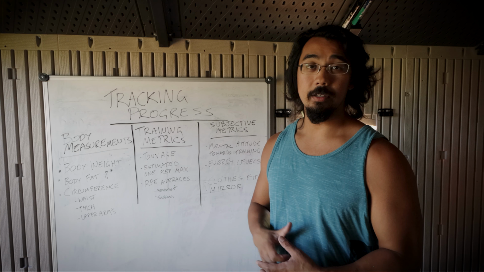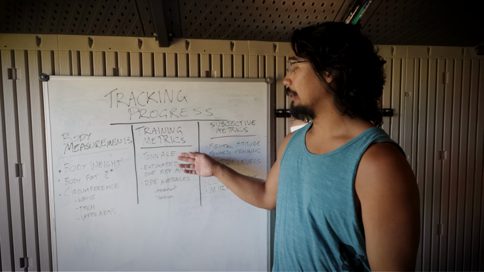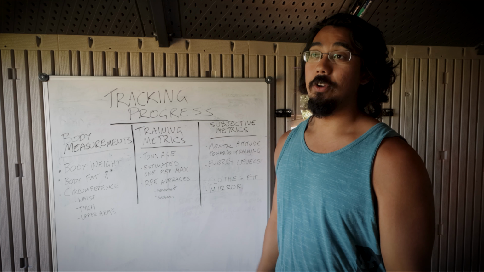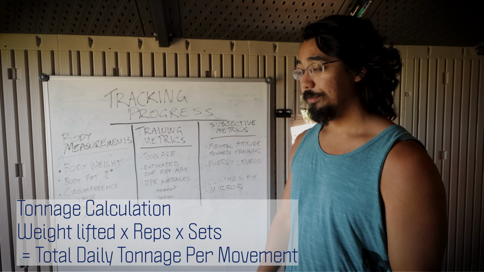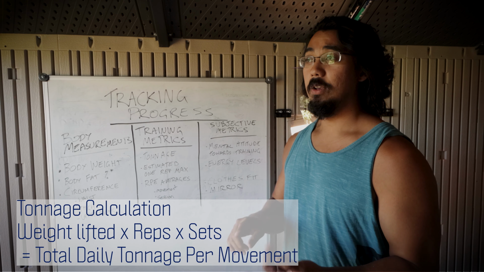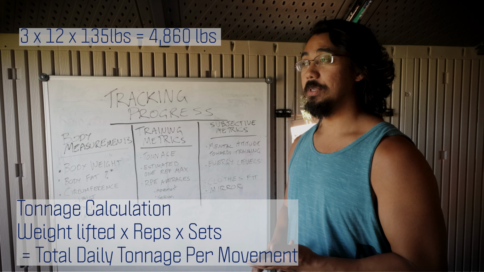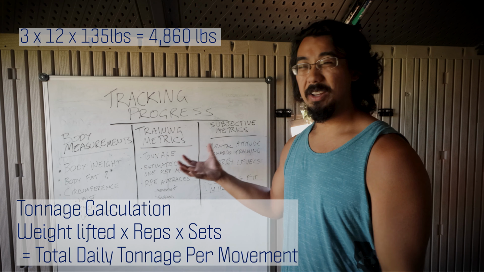We're going to be varying things like reps and load. So between those two, are we lifting more in sheer volume? And that just comes out to weight times reps performed. So if you did 3 by 12, 3 times 12 is 36, and you times that by 135, that'll get your overall